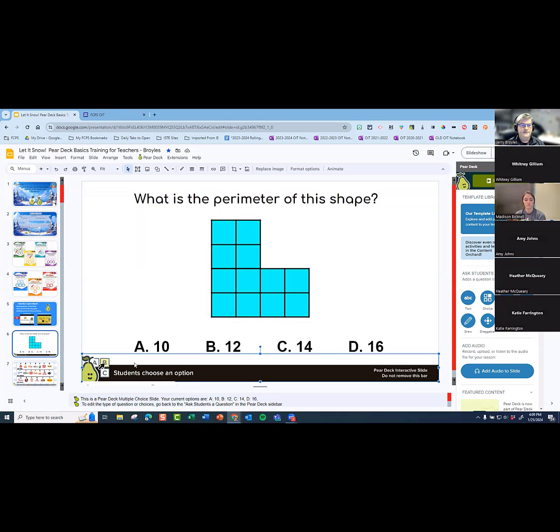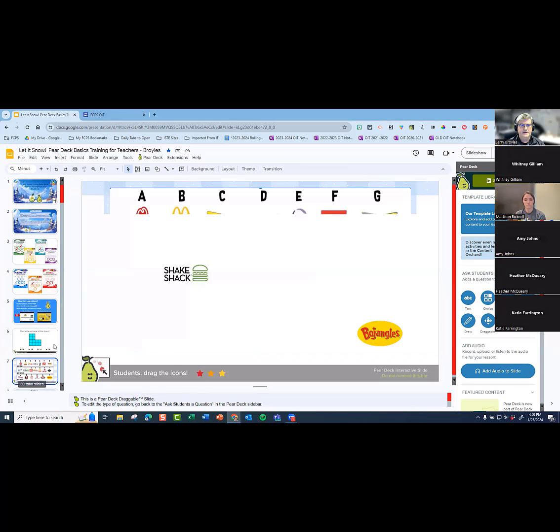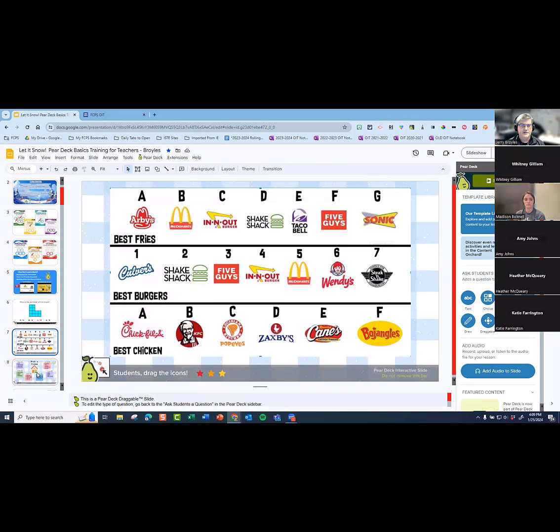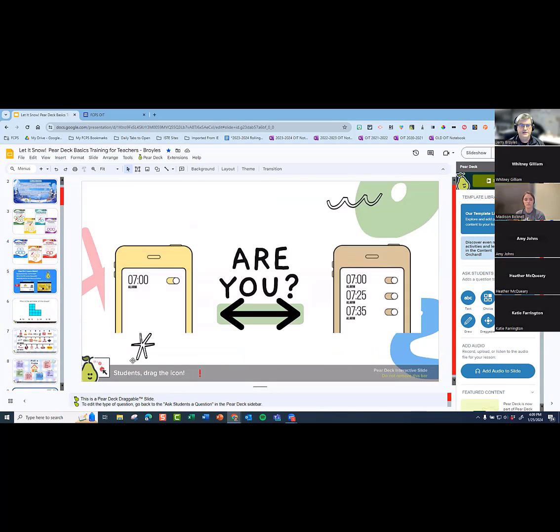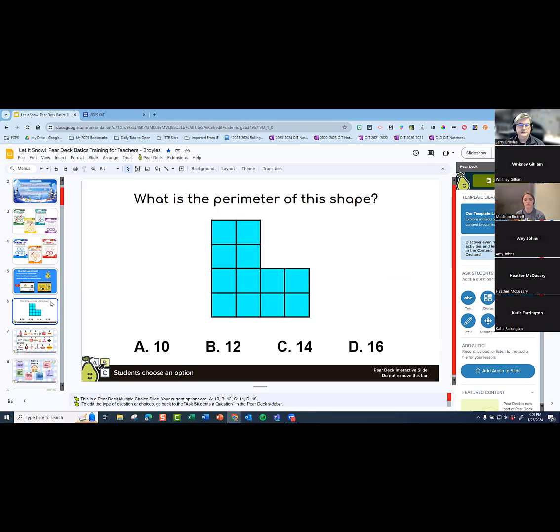Okay, so I've done a lot of these with that. I've made them draggable icons and so forth, and we'll answer these questions in just a minute. But you can see that at the bottom, there's a little pear, and it's an interactive slide. Okay. Now I'm going to go ahead and start this lesson, and I'm going to go to the next slide